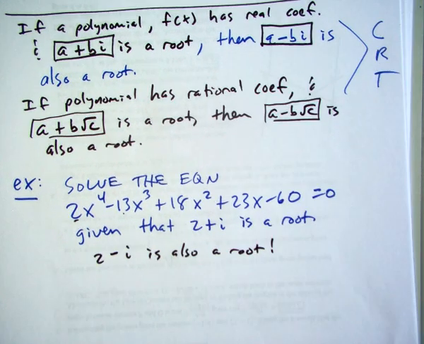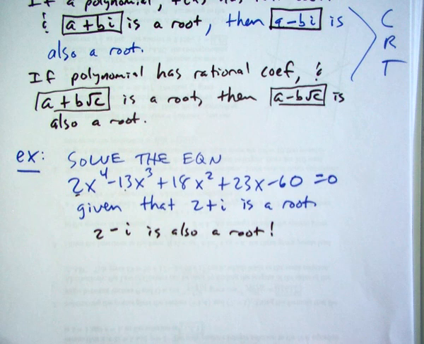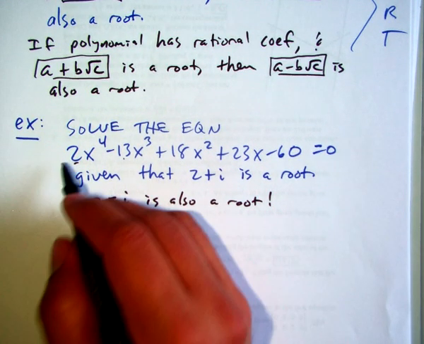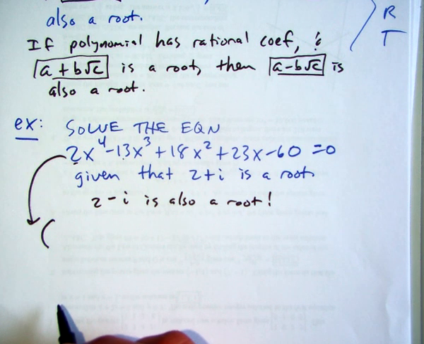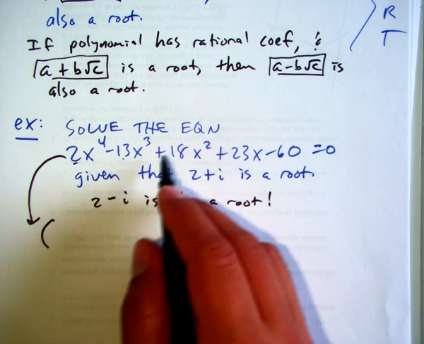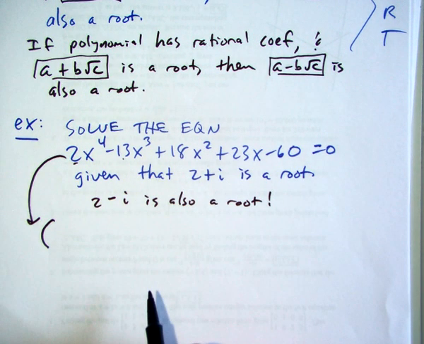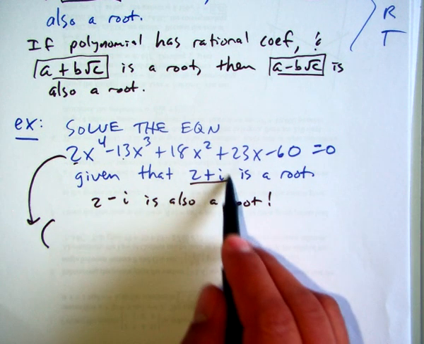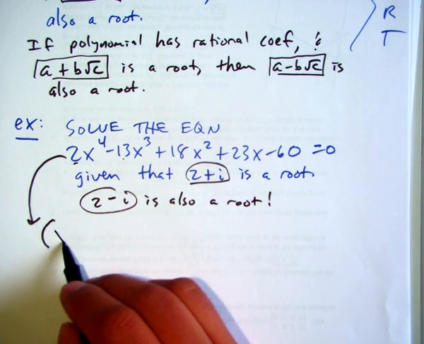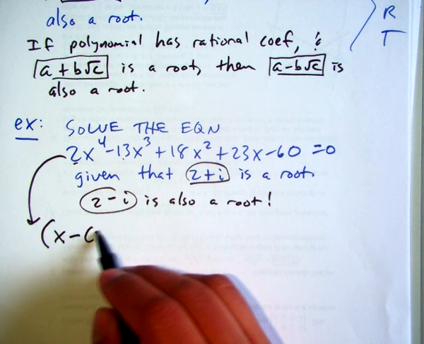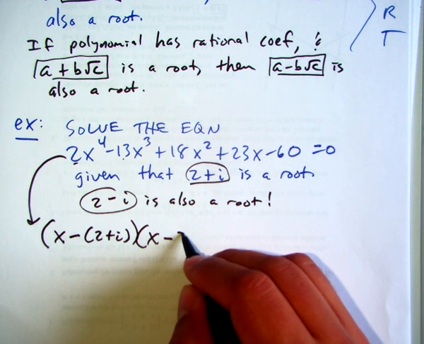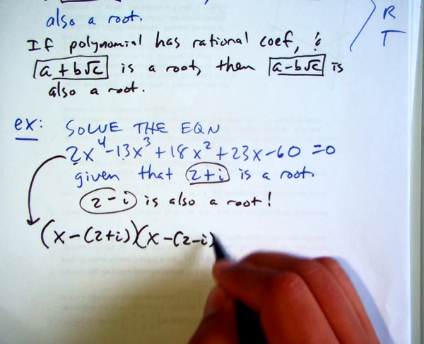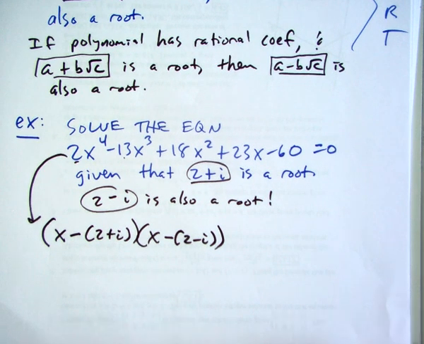Which then means that for this equation, 2x to the 4 minus 13x cubed plus so on and so forth, if these two are roots, then I know that two of the factors are going to be x minus (2 plus i), and then x minus (2 minus i), times